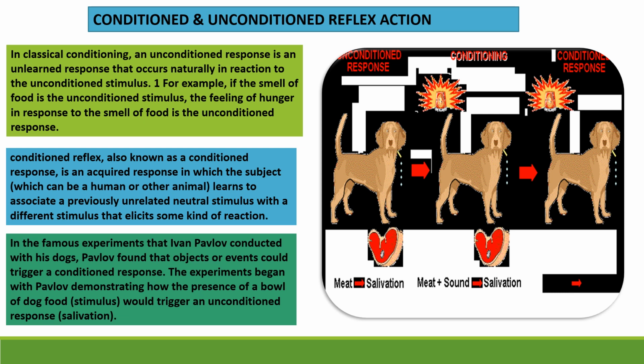So this is Pavlov's experiment, which shows how an unconditioned response can be converted into a conditioned response. You can see this dog. First, for meat, salivation occurs from its mouth. Next, there is a bell. Pavlov set a bell over there, and at a certain time of day the bell used to ring, and the saliva also came out.